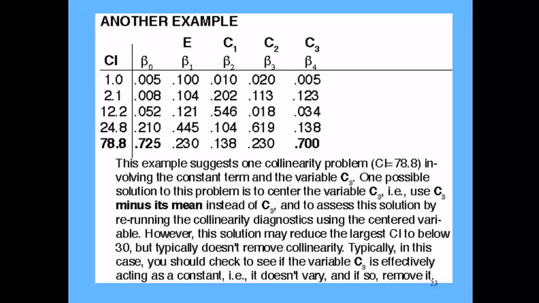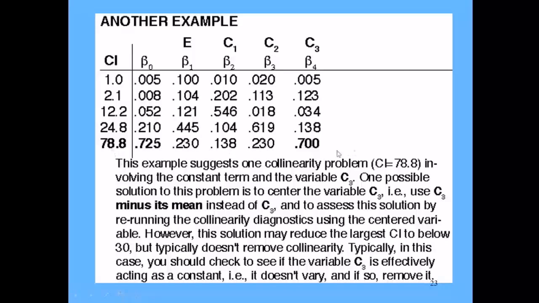It would mean that C3 doesn't change, hardly changes at all, right? Because the 1, that doesn't change. So if this variable was highly collinear with the intercept, that would mean the variable's not changing. How could you determine whether that's true or not? You look at your data. If you look at your data and it looks like the variable is changing, as far as you're concerned, changing enough, you basically say, even though this was high,